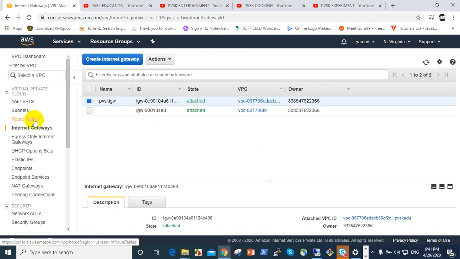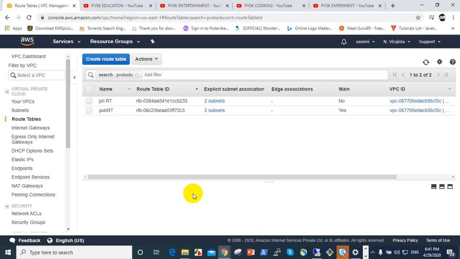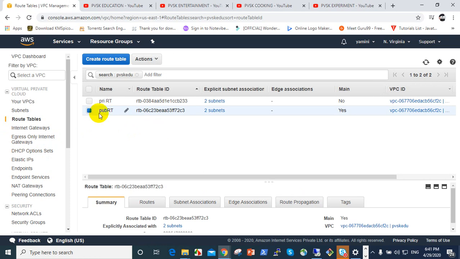Then go to the route tables and choose which route table you want to give internet. We use the public one, not private, because private is for security purposes.